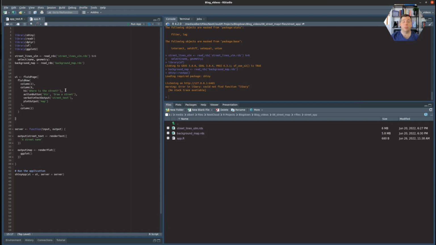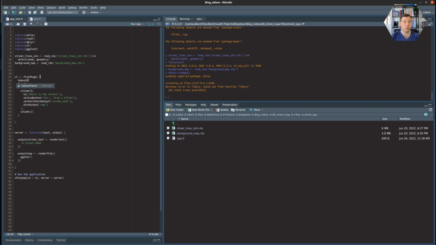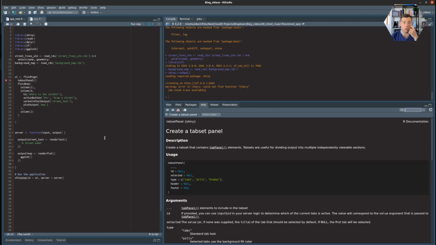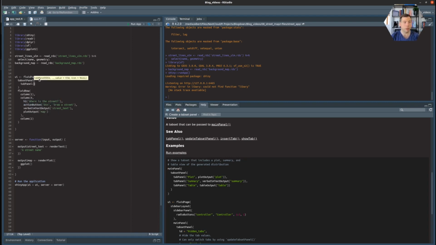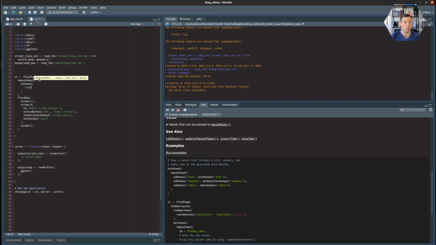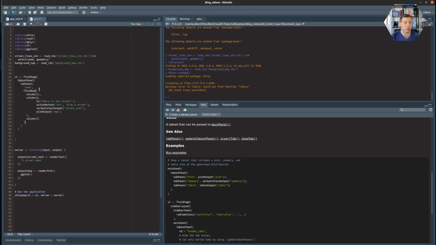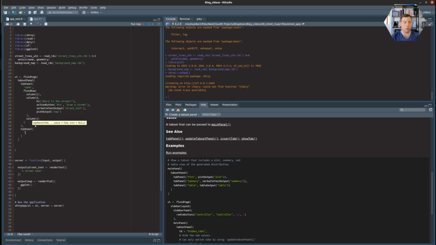The way to add such an about page is via tab set panels. So let us do this. Use tab set panels. In the documentation you find the basic structure. You use tab set panel, and then you can have tab panels for each step. So let's put tab panels here. The first one, of course, will be about the game. So we can put our stuff in here. And the second tab panel will be my about page,